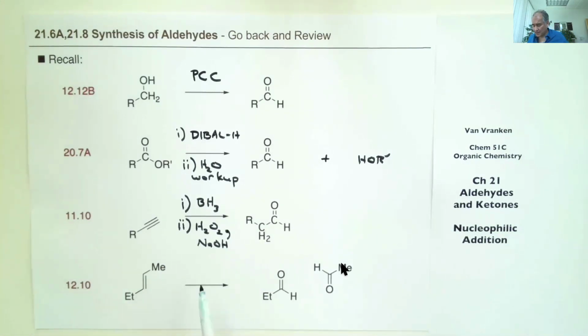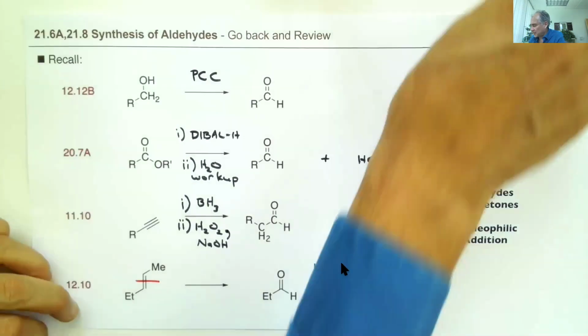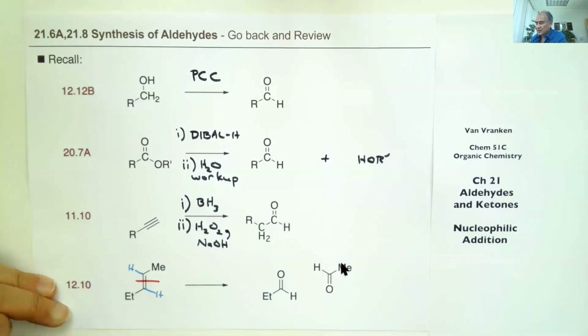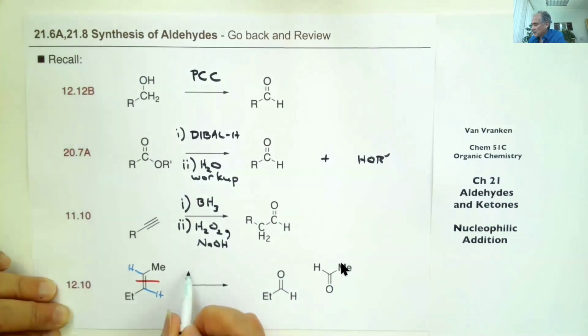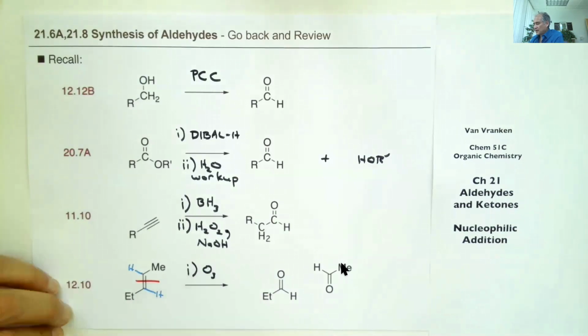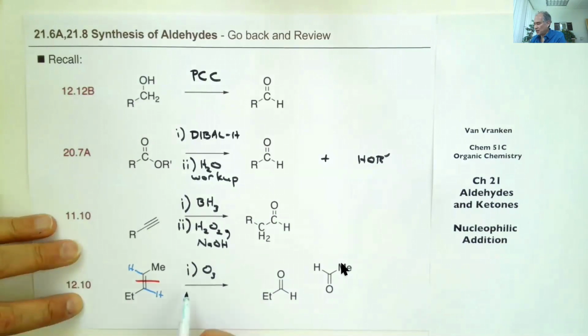let's go ahead and talk about the last type of reaction. It's the oxidative cleavage of double bonds. If you have hydrogens on your double bonds, let me put them in a different color here, then those hydrogens will lead to aldehydes on your cleaved products. This is an ozonolysis reaction, and it's another two-step sequence. Step one, ozone. You pass oxygen gas through an electric arc, it generates ozone, you bubble that into your reaction,